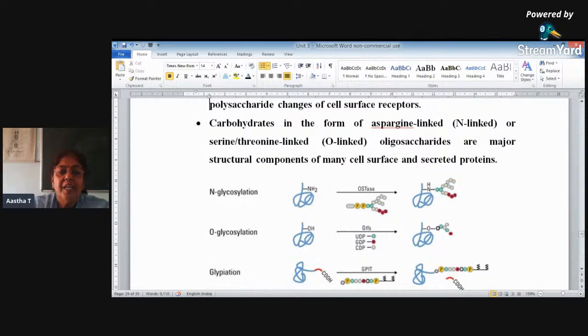Carbohydrates in the form of asparagine linked or serine threonine linked oligosaccharides are the major structural components of many cell